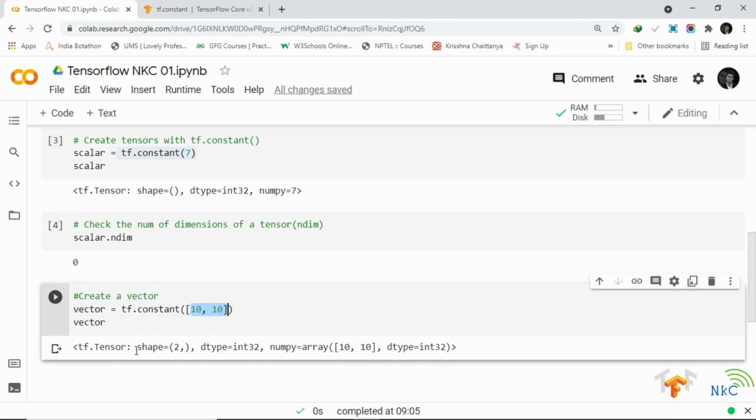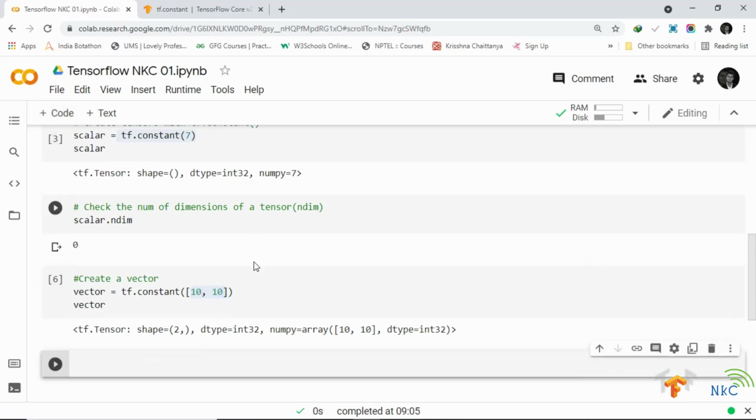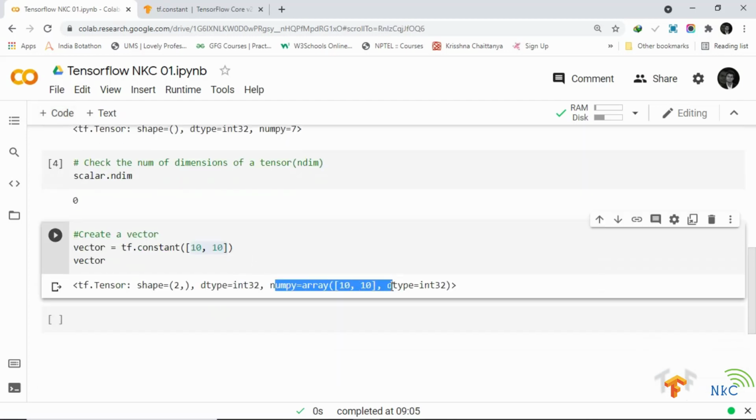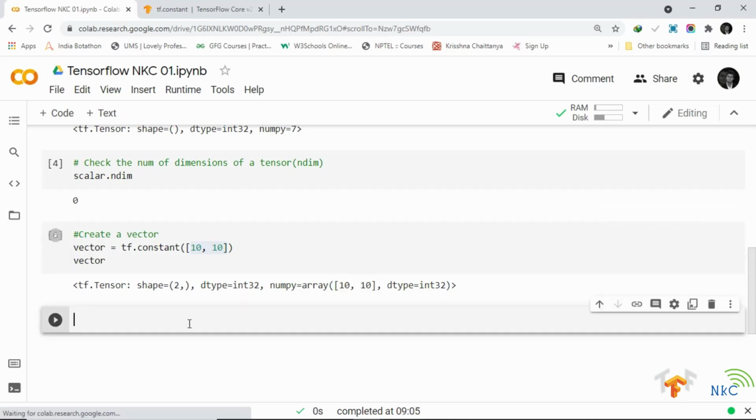Now we created a vector here, and we passed a Python list to tf.constant. The shape is 2, maybe because there were 2 items or 2 objects within this list. The data type is int32, and the NumPy array version is 10, 10. So the same shape, and the data type is int32 for the NumPy version.